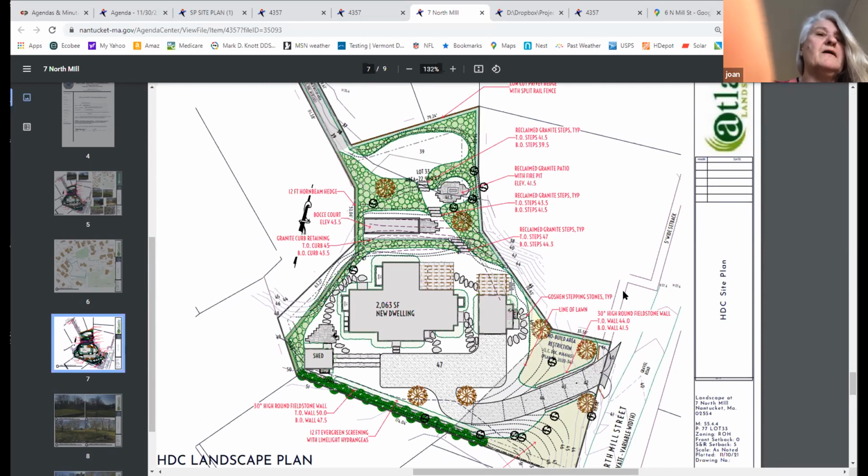And I think that that is also driving kind of a walled off approach to the landscape to hide these features, I'll say, from the public view. I'd like to understand the nature of the bocce ball court because that is on a slope and whether it's even going to be hidden. But it begs the question, are these appropriate in this location? Number 1, and they should be completely vetted by your body and HDC for that. And number 2,